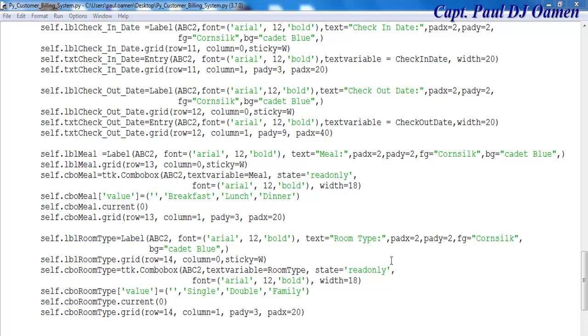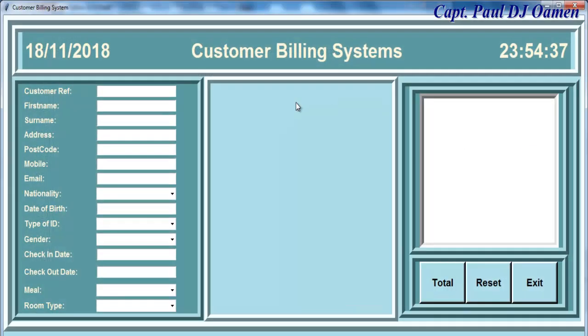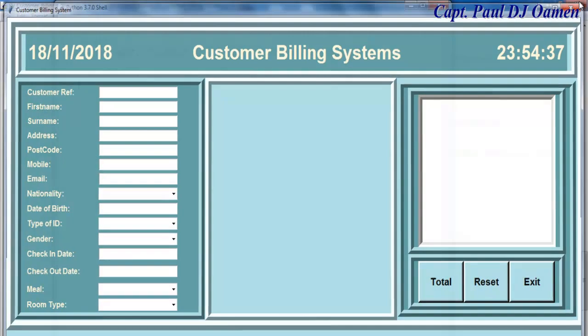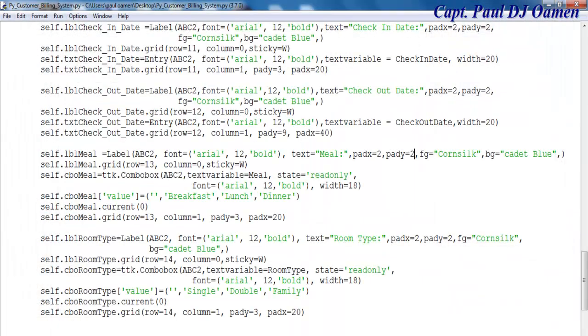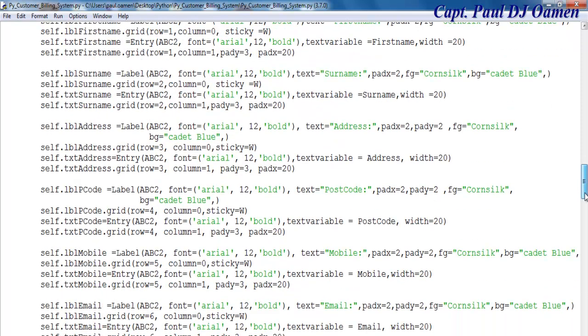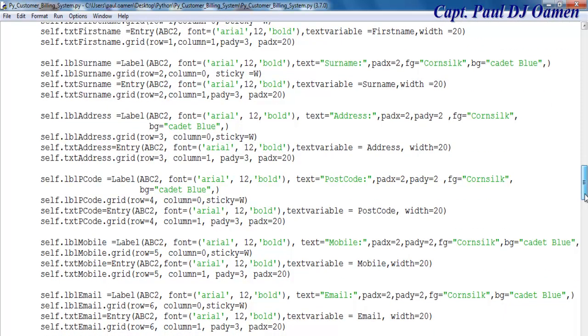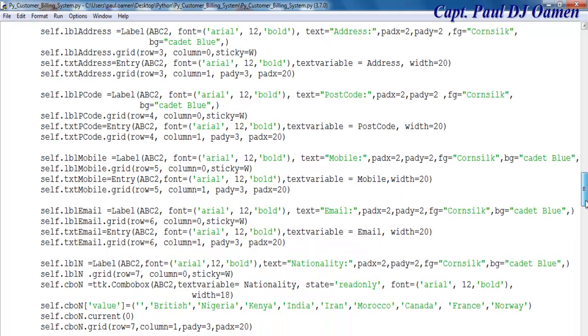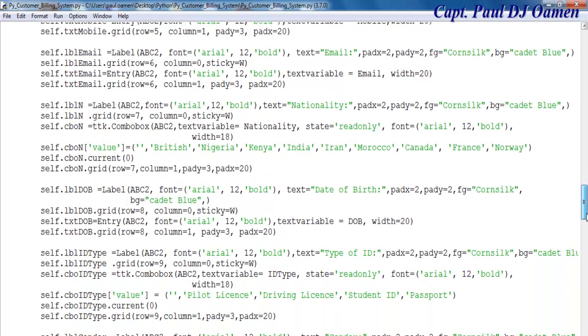As for the other frame, it's going to be exactly the same thing, but this time around I just need some text boxes and labels. So I'm just going to copy one of these and populate it. For the second column, this is how the lines of code look. We're just creating widgets in there. Let's scroll down and have a good look at it, down a little bit more, up to the mobile phone, emails,